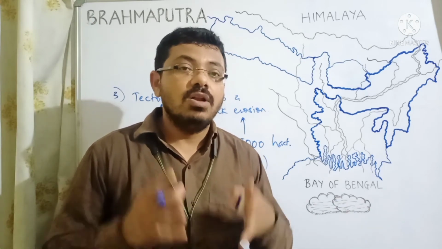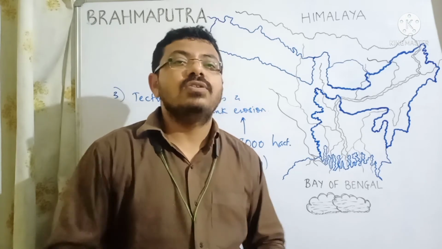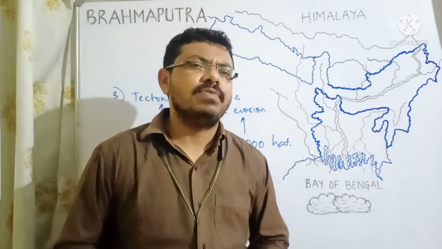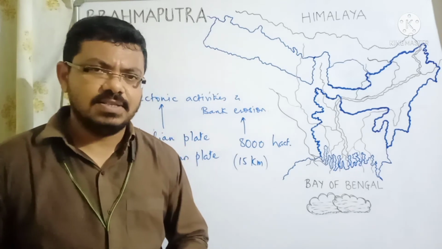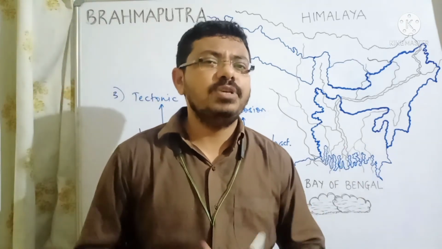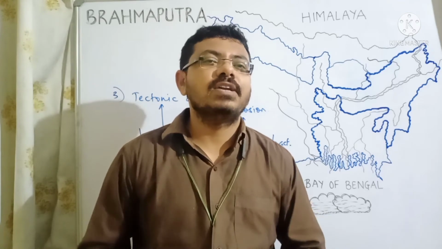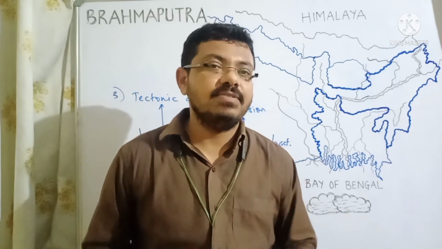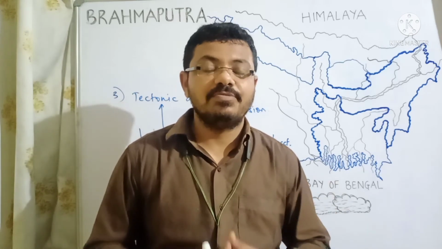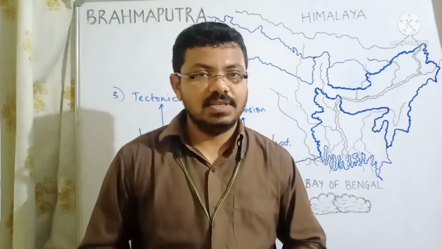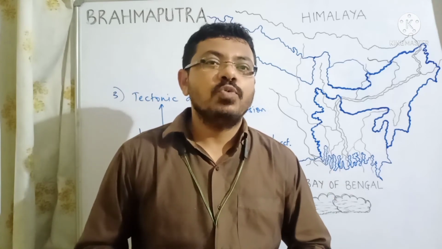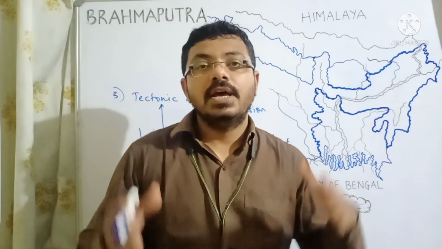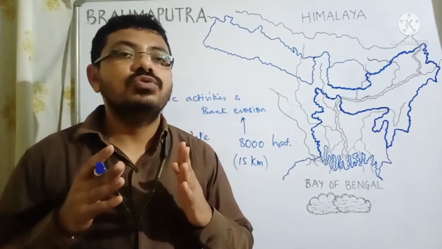Right. Also, a lot of people have settled onto the floodplain region, which is known as the Brahmaputra floodplain. Floodplains, we all know, are very useful for agricultural activities, and that's why a lot of people are attracted to come there and do agriculture. So the Brahmaputra floodplain region has a high density of people doing agricultural activities, right? And because of that, whenever it floods, the people get a lot of problems. And definitely every year the Brahmaputra river floods.